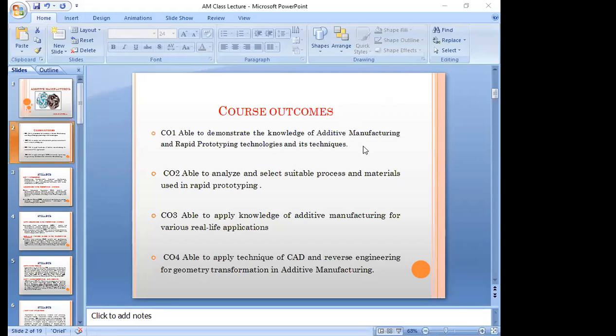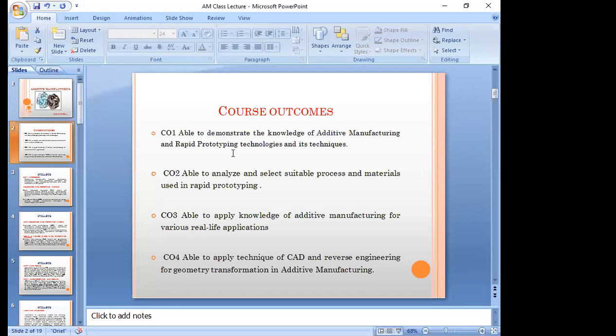The difference between basic manufacturing systems and rapid prototyping is that we are using computer models, and we are generating the computer models, and then we are going to import those CAD models, and we are going to have the product development.